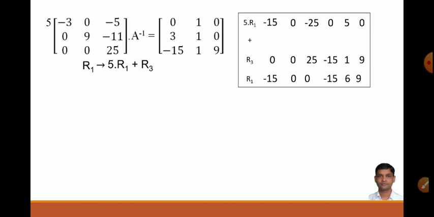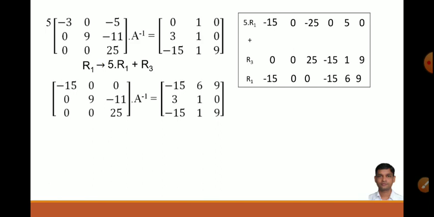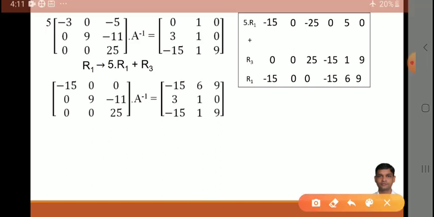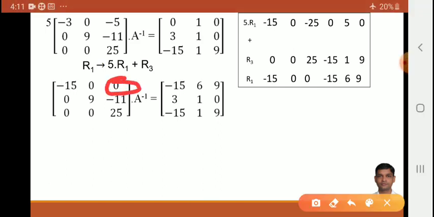Do the calculations. 5 into R1. Multiply R1 by 5 plus R3 as it is. So you will get minus 1500 minus 1569. Replace this R1 in the original matrix. Now at the position of minus 11 we have to adjust 0, but now see, at this position there is 0, at this position it is 25. So you can't make 25 to 11 and 11 to 25. At this level we have to multiply both the rows R1 and R2.